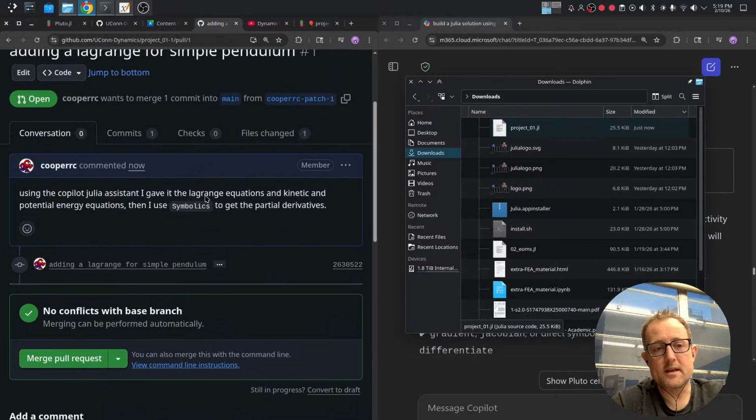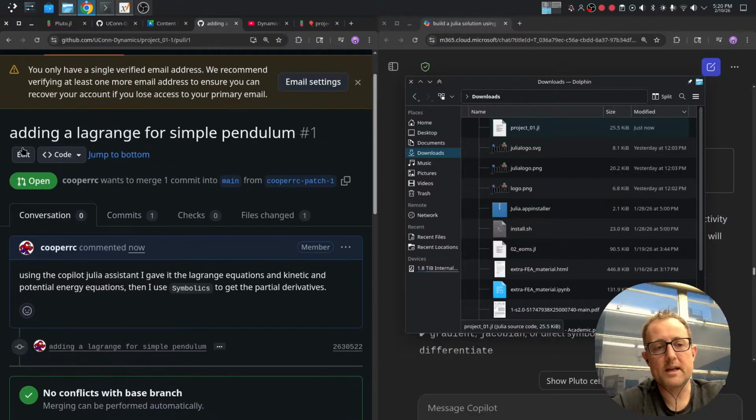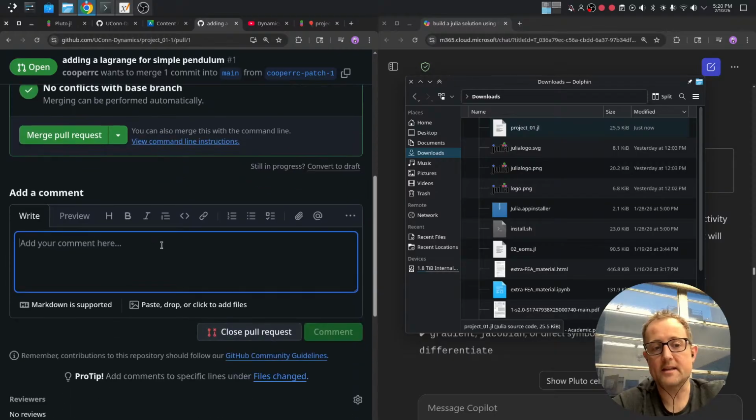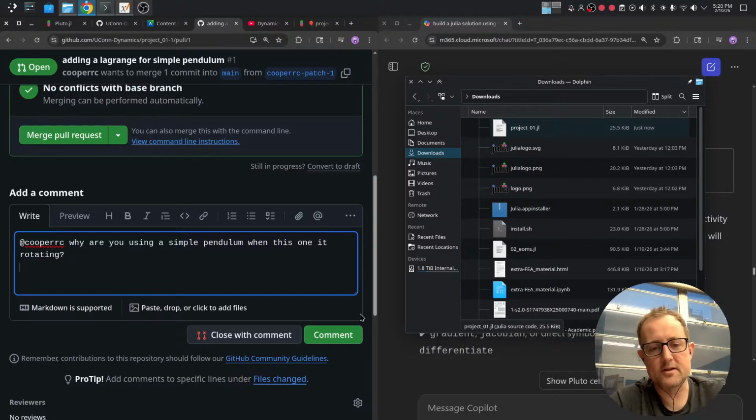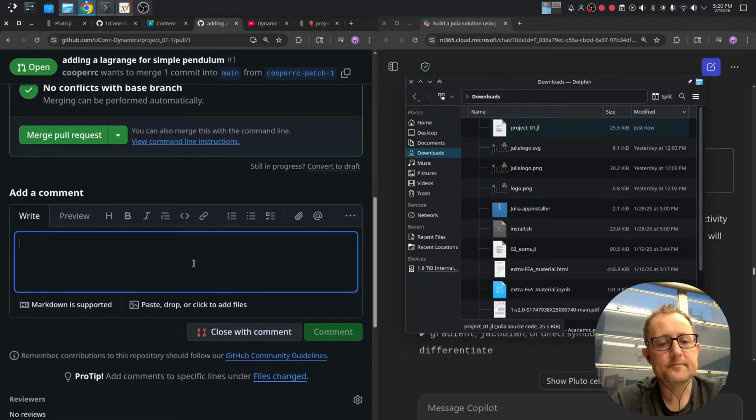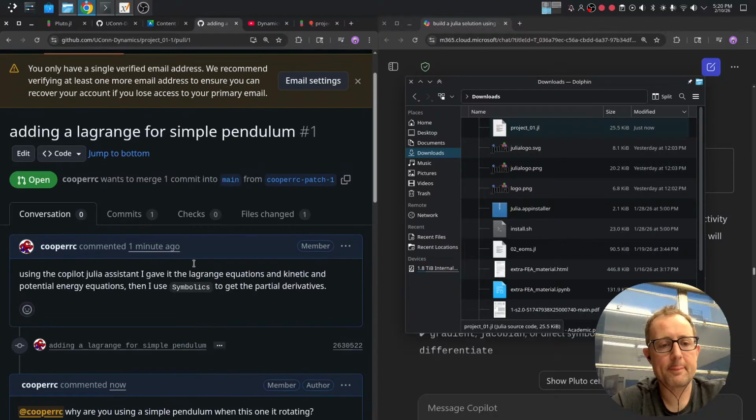Now you can see that there's a new conversation because I'm adding this Lagrangian for the simple pendulum. You can add comments here, like at Cooper RC: why are you using a simple pendulum when this one is rotating? And now I'm just talking to myself. And we can see in here